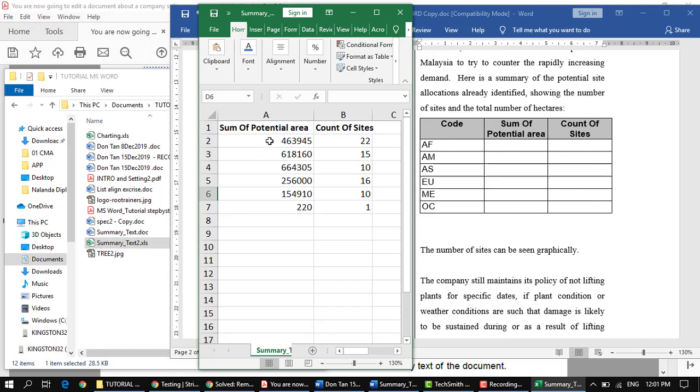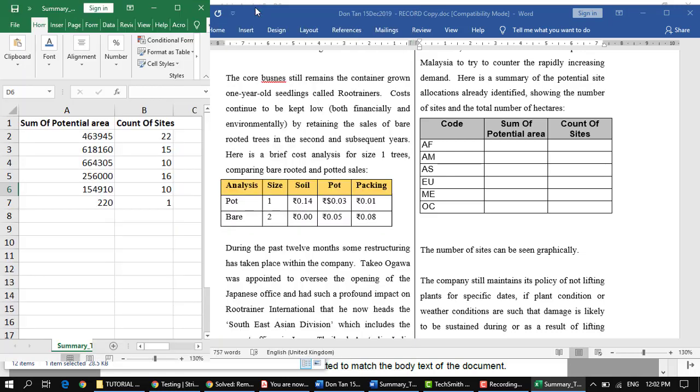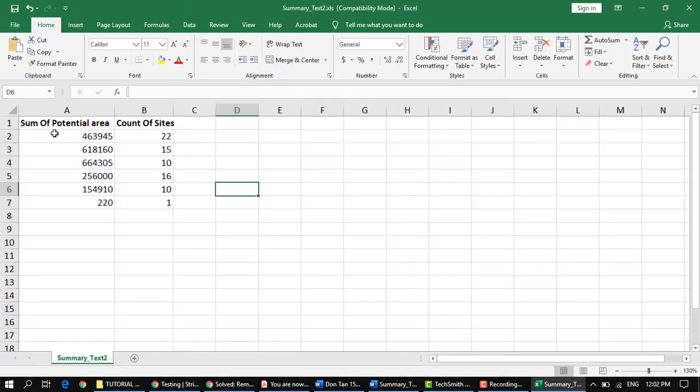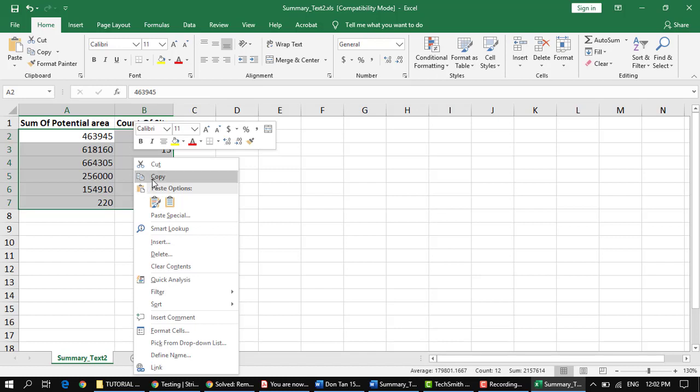Now we're going to select the Excel data. We go to Excel, select from A2, drag it to B7. When selected, right click, copy,